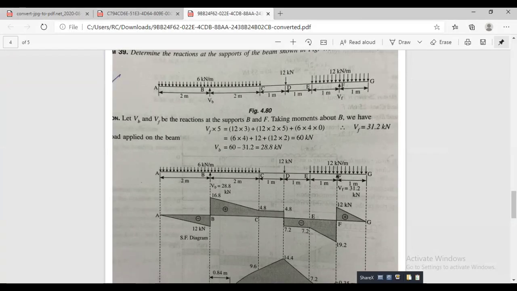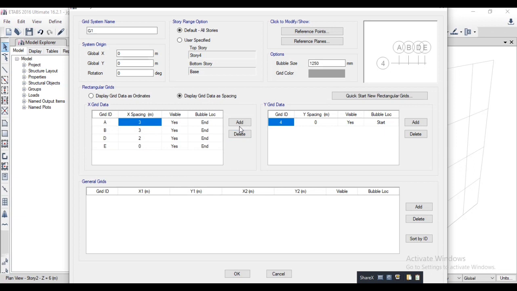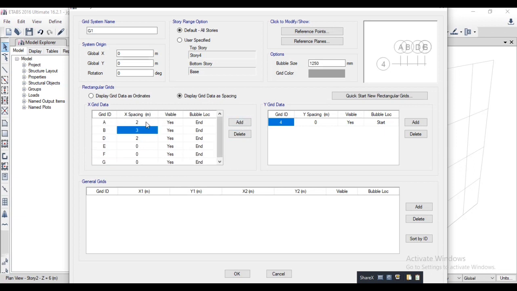See once again, 2 times 2 and 4 times 1. And in the last please keep 0 here for closing this dialog box. So okay.